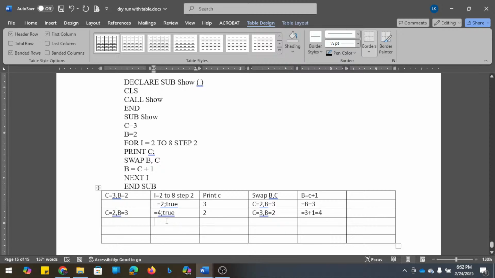Now in the next iteration, what happens? It becomes 4, after that 6. Again true. And what is the value of C and B?